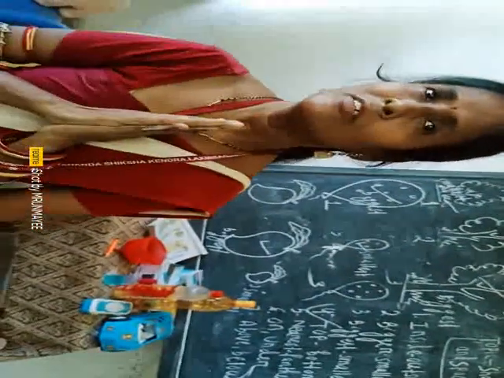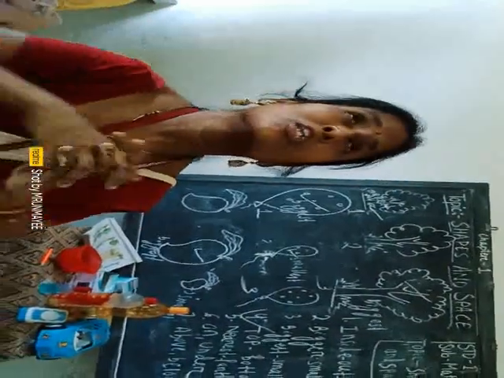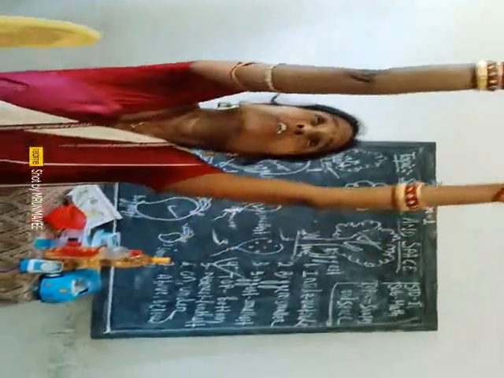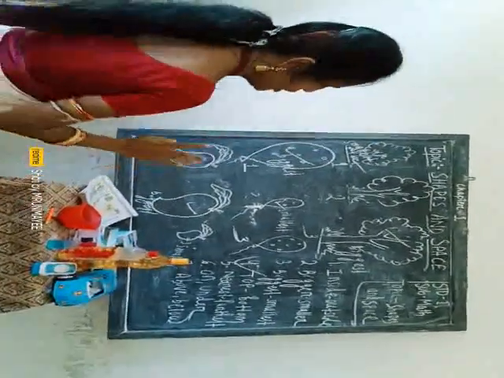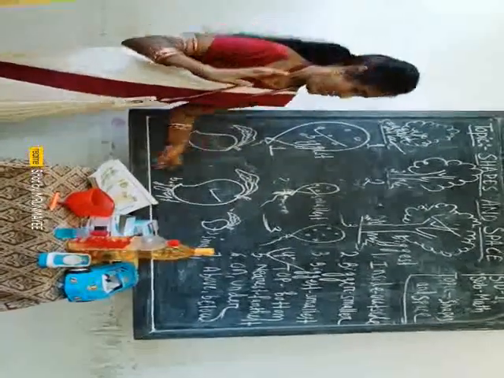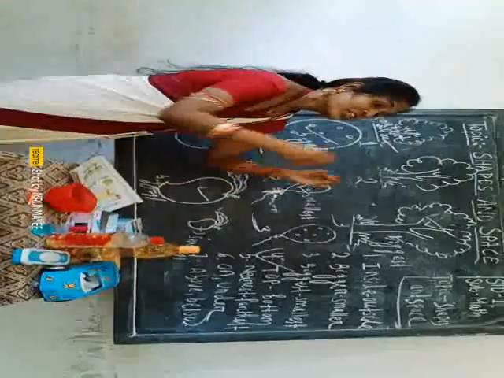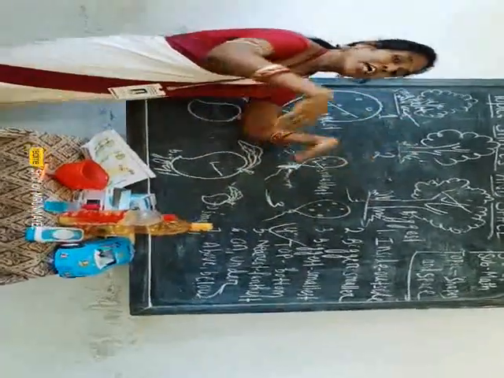Okay, and I am standing below the fan. Where am I standing? Below the fan, because the fan is not touching me, and I am also not touching the fan. So that's why the fan is above me and I am sitting below the fan. This is known as above and this is below. The difference: that one is above and this one is below. Also you can give me an example: the sky is above and the clouds are above.